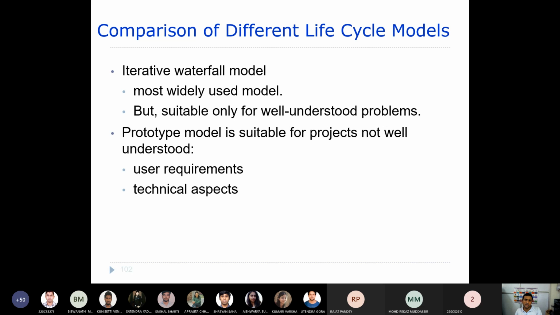That is why it is widely used. But the prototype model is suitable for projects not well understood, where the user requirements or the technical aspects are not clear. In that case, you go through a prototype because you try to resolve the risks associated with that.